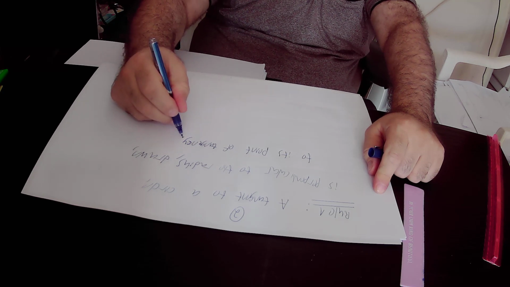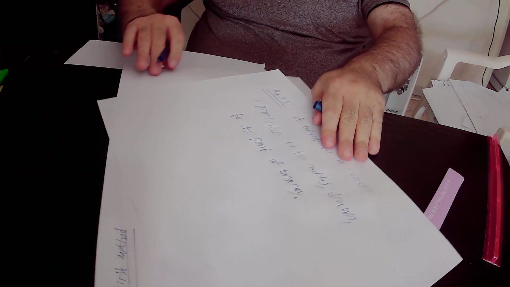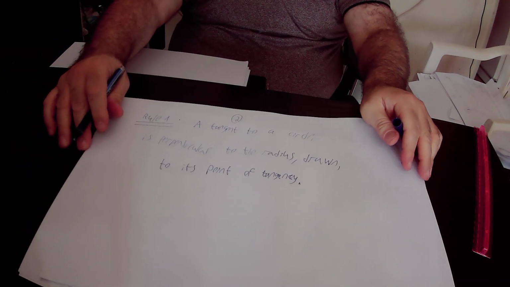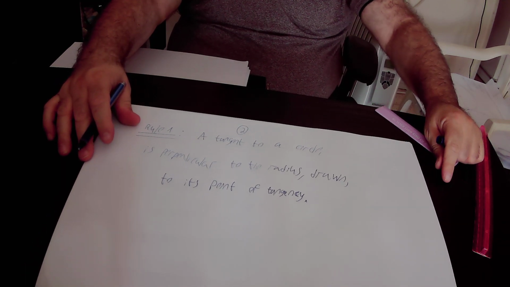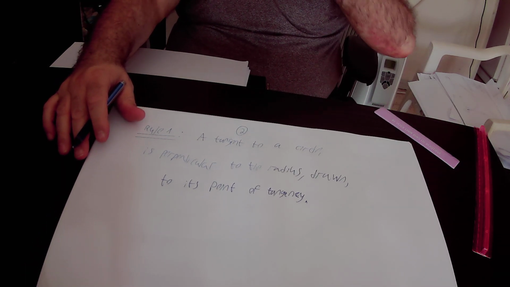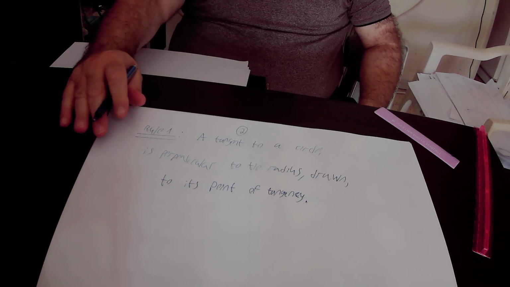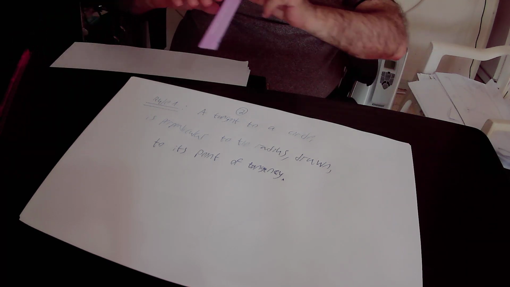So I will repeat rule number 1 again. According to rule number 1, a tangent to a circle is perpendicular to the radius drawn to its point of tangency. So what is the meaning of rule number 1? The meaning of rule number 1 is that